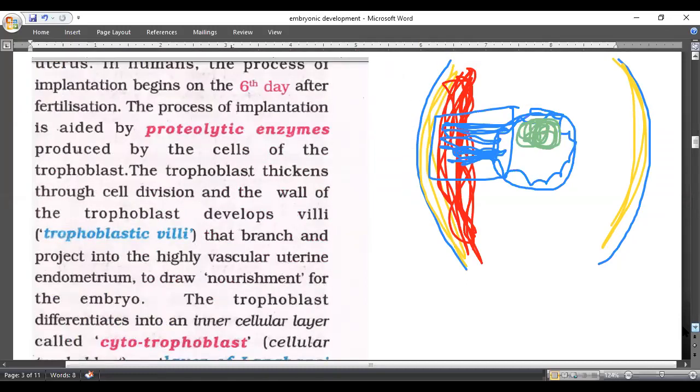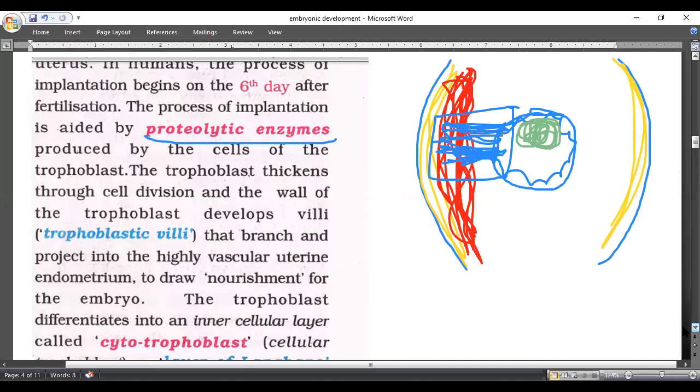In humans, the process of implantation begins on the sixth day after fertilization. Penetrating into this also requires some enzymes, so implantation is aided by proteolytic enzymes